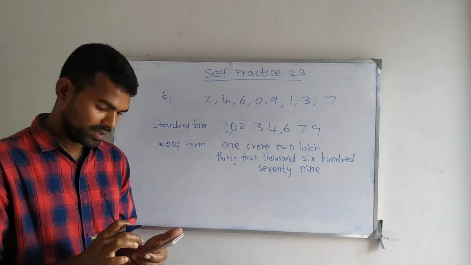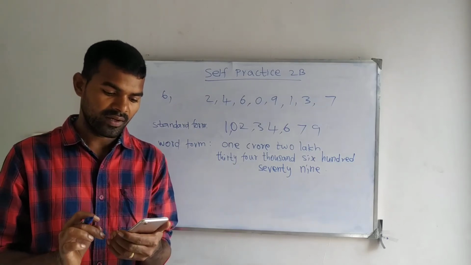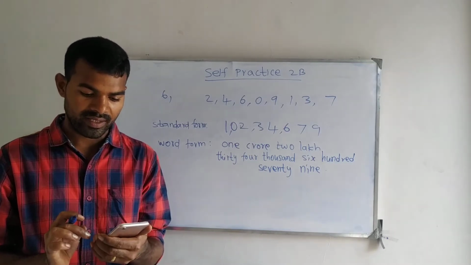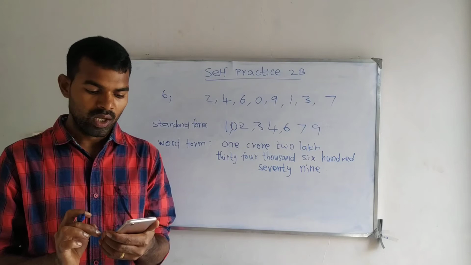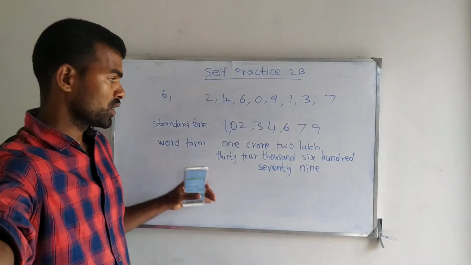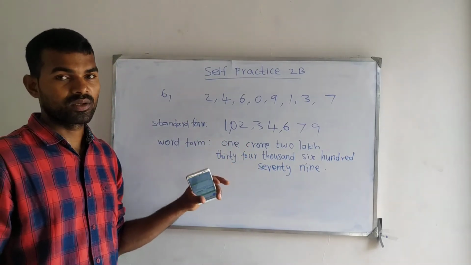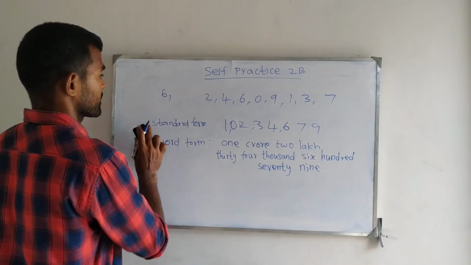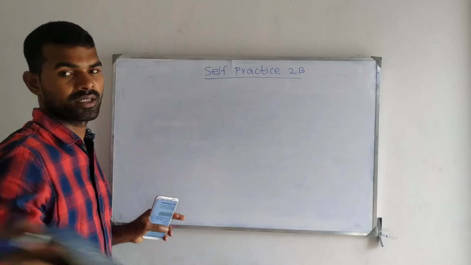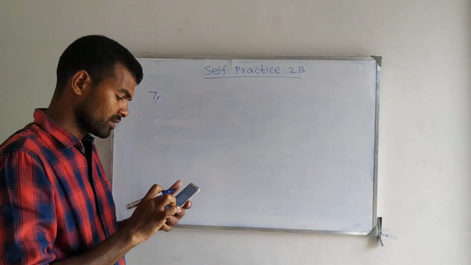Next we will go to question number 7. Write the largest number formed by using each of the digits 5, 1, 0, 7, 6, 3, 9 and 2 only once, both in standard form and word form. You have formed the smallest number here. Now they have asked to form the greatest number. See the question number 7. The given digits are